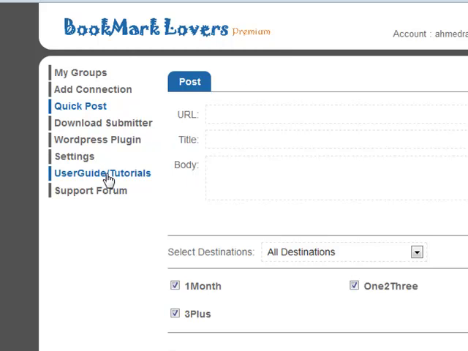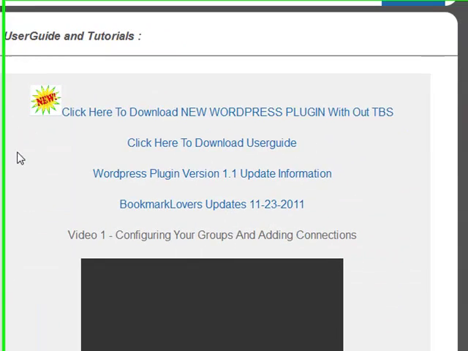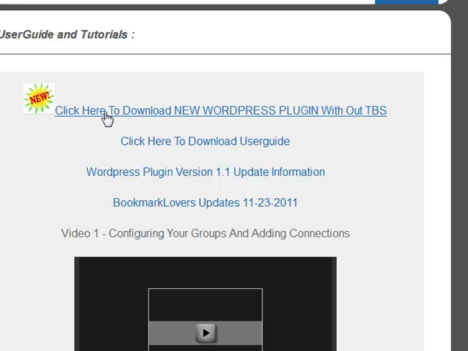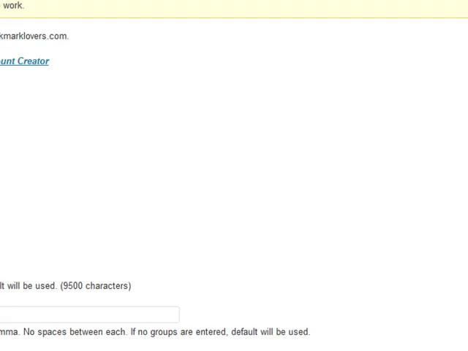So you can go to user guide and tutorials, and there you'll have a link right at the top saying click here to download new WordPress plugin without the best spinner. So all you do is download this and upload it to your blog, and you won't have the best spinner details in there. So now I'm going to go over to my posts,